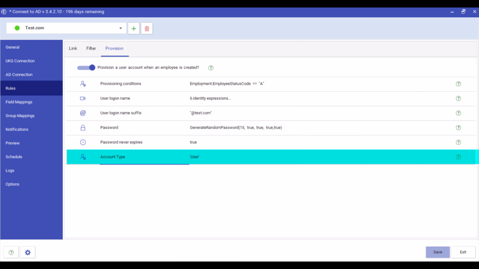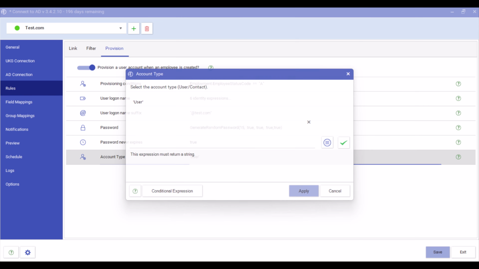Finally, select the type of AD object to provision. Either a user object, or a contact object. This is particularly useful when employing individuals who don't require an AD user account, but you still want to store their information in AD as a contact. For instance, you could provision user objects for regular employees, and contact objects for contractors, which can be easily managed